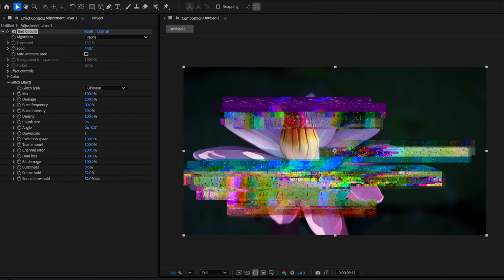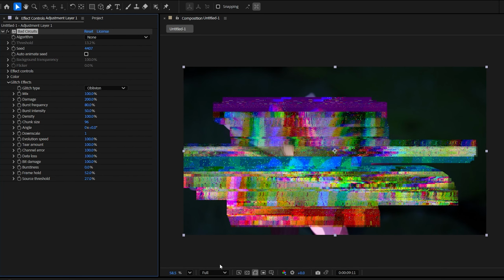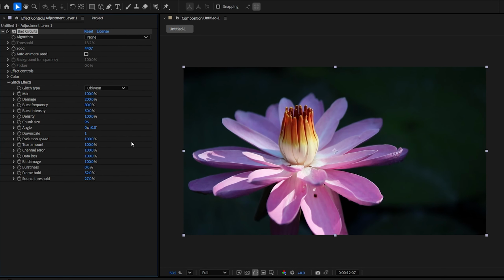And finally, we have the source threshold, which you can use to sort out the dark pixels of the image, so the glitch effect only applies on the brightest areas. So this is it for the basics of Bat Circuits. In the next few videos, I'm going to show you the ways I used Bat Circuits to make the promotional